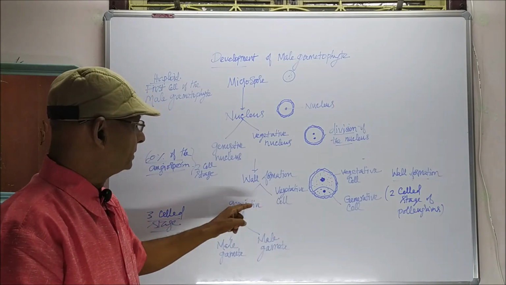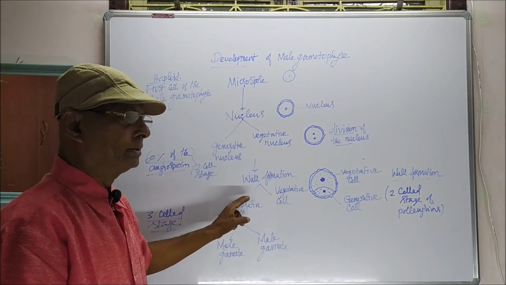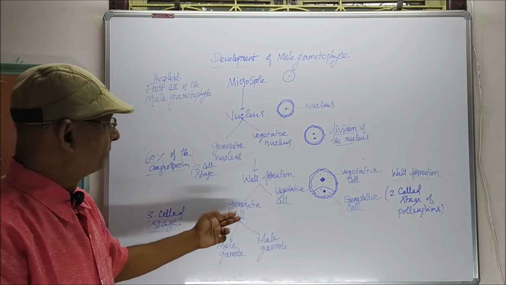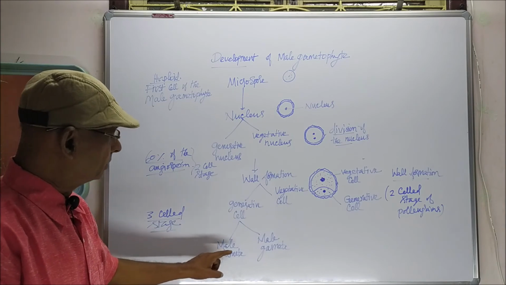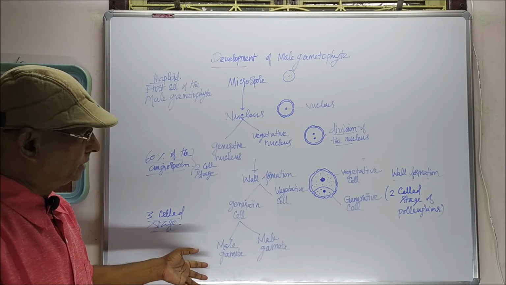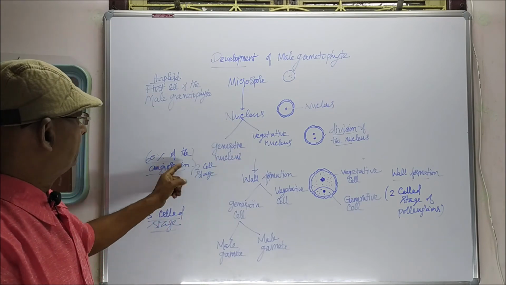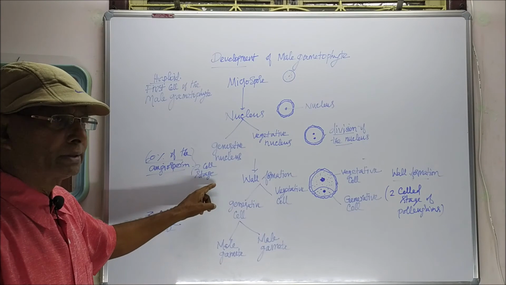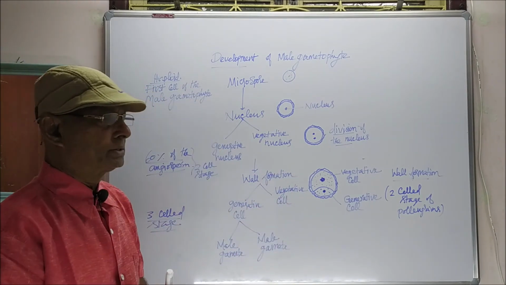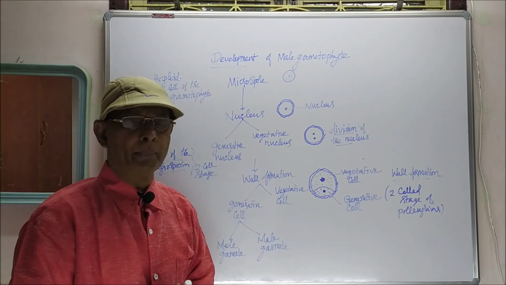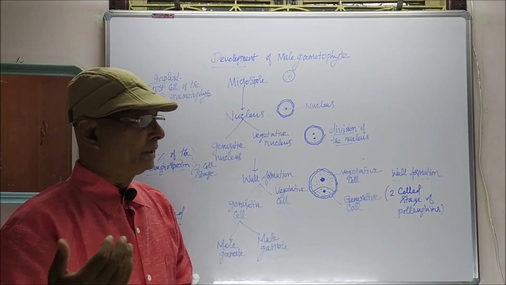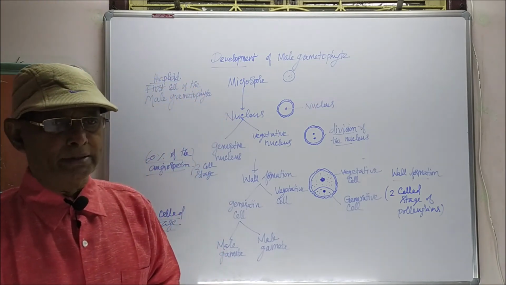When the vegetative cell and generative cell are present, the pollen grain is called two-celled state. After that, the generative cell divides into two male gametes. Now, the stage of the pollen grain is three-celled state. In the majority of cases, 60% of the angiosperms, the pollen grains will be liberated during pollination in the two-celled state and will reach the stigma of the gynoecium. Further growth of the male gametophyte will take place in the stigma of the gynoecium.